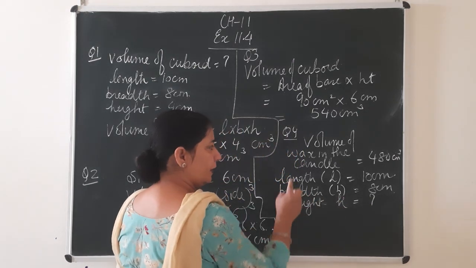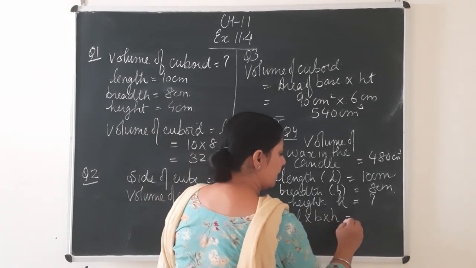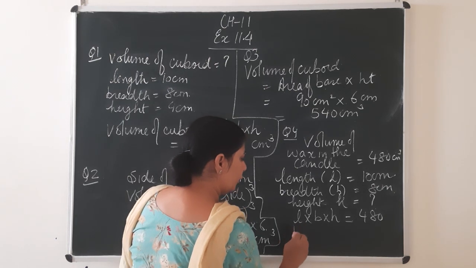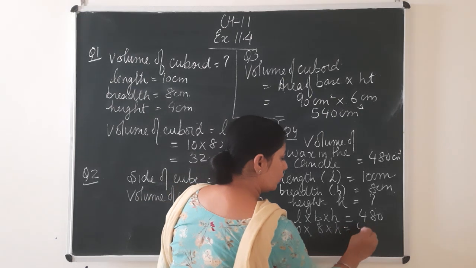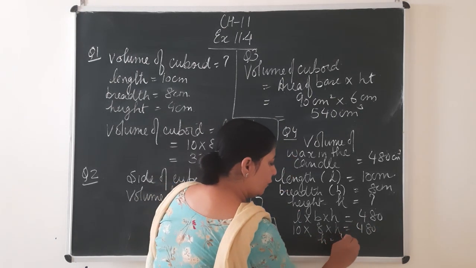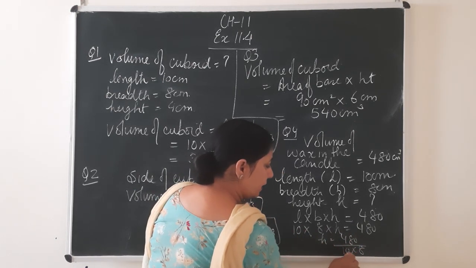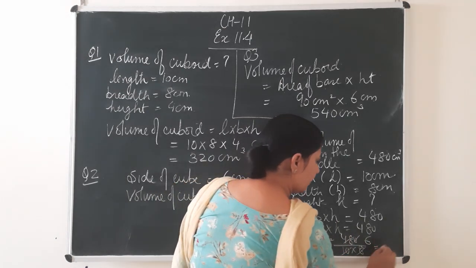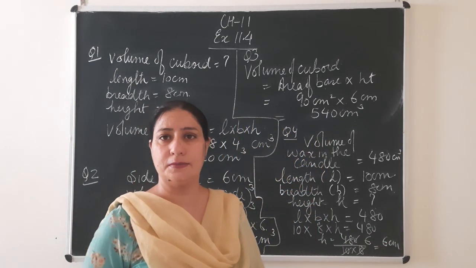Now beta, if I have to find the height, for the volume of the candle, again put the formula length into breadth into height, and that is given to me equal to 480. Now in place of length you will put 10, in place of breadth you will put 8, multiplied by H is equal to 480. Now do the cutting of this. H will be equal to 480 divided by 10 and 8 will come on this side. Right? 10, 0 cutting, 8 6 are 48. So H is equal to how much, beta? 6 centimeter. So the height of the candle is equal to 6 centimeters.